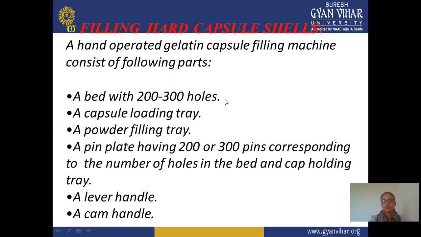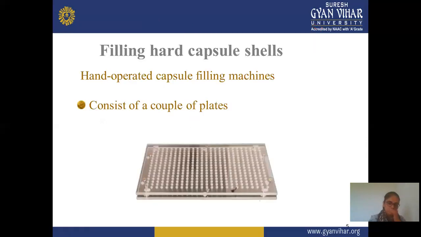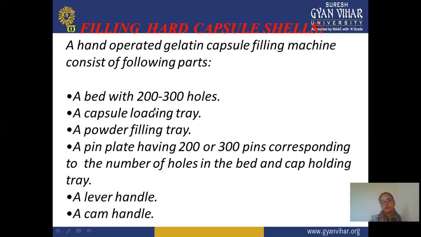And a capsule loading tray is also present, and a powder filling tray. First is the capsule loading tray, in which you load your capsule, or put or set your capsule on that tray, and after that you fill the powder on that capsule with the help of a filling technique. It's first to put the capsule on this tray. It's the tray, and you put the capsule, then fill your capsule body part with the help of some techniques or pouring, filling of the tray,